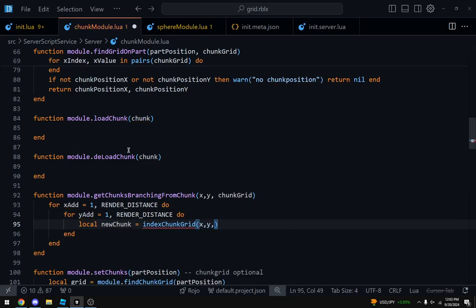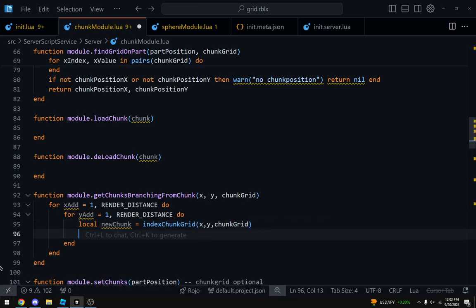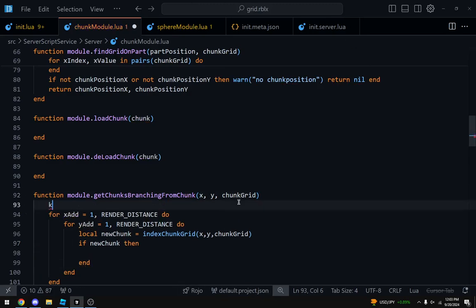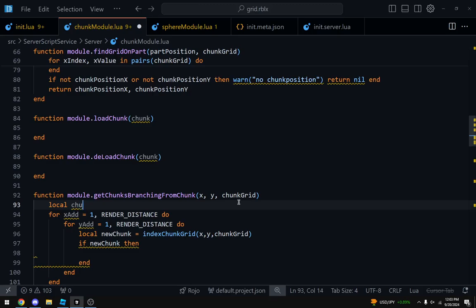X, Y, chunk grid. We'll do if chunk grid, or if new chunk, then we want to add to a list, chunks.